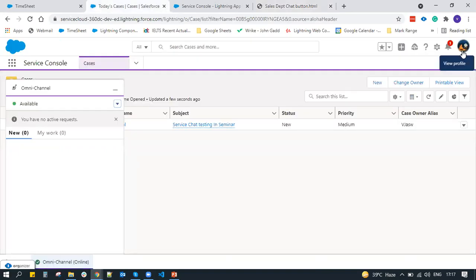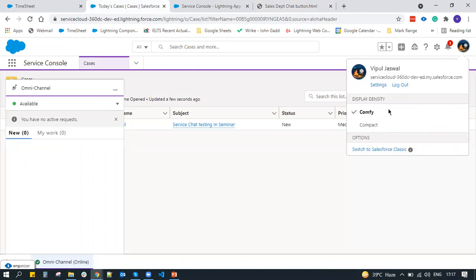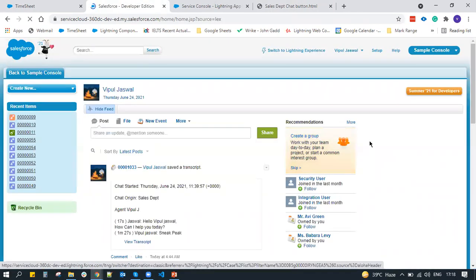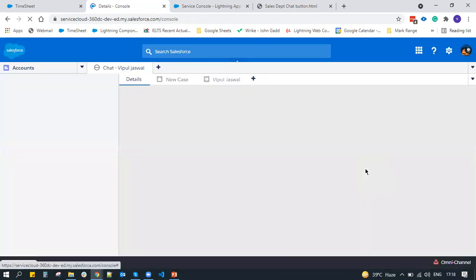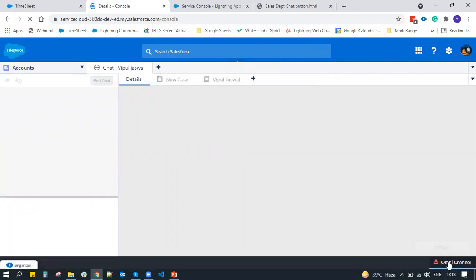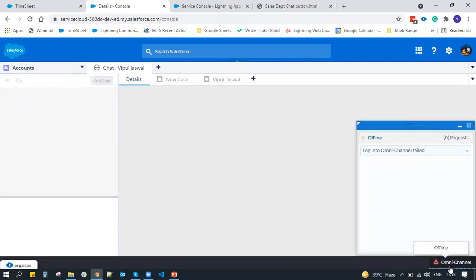So if you switch back to the Classic environment, you go back to Classic and back to the Sales Console. The status is available now.